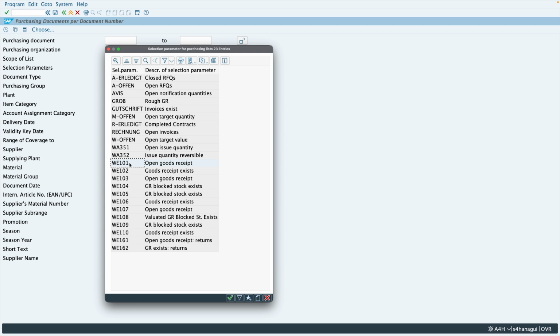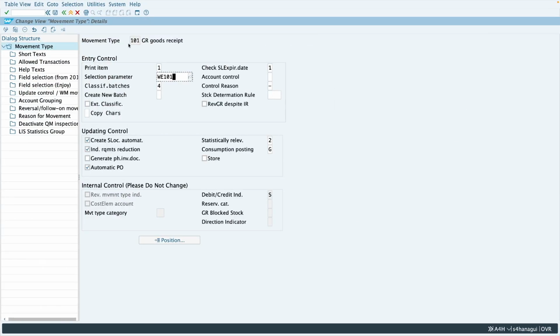System takes multiple movement types into consideration to find out the open PO quantity. Now system takes into consideration only those movement types where this selection parameter is entered. So you can see here for 101 this selection parameter is entered. So all those movement types where this selection parameter is entered, system will consider them to determine the output of